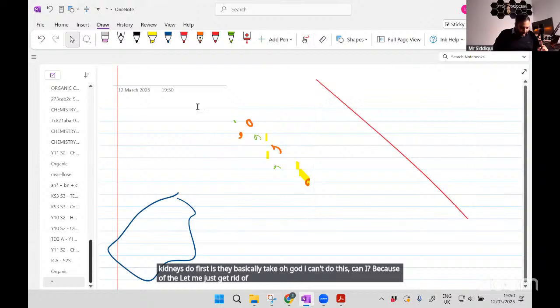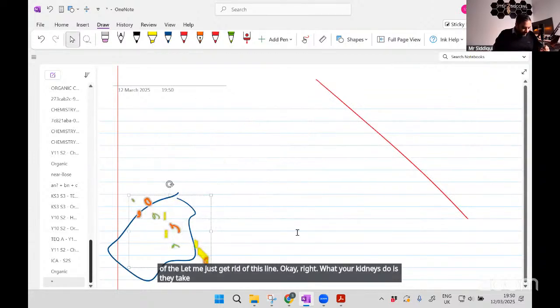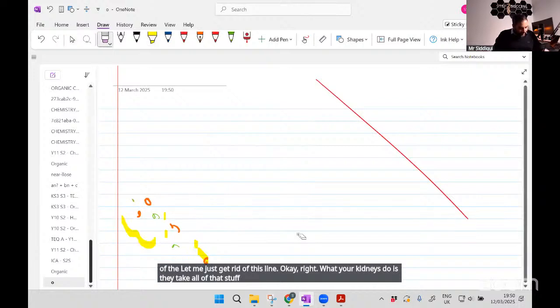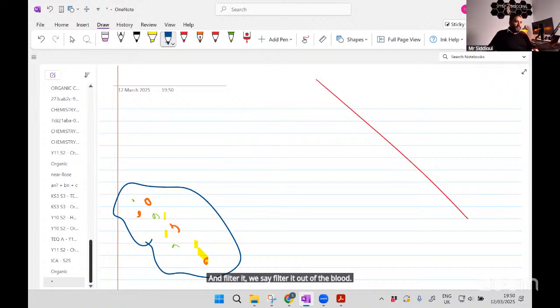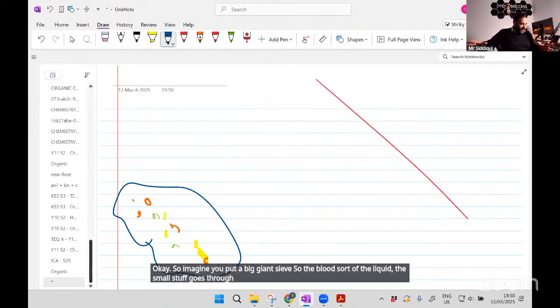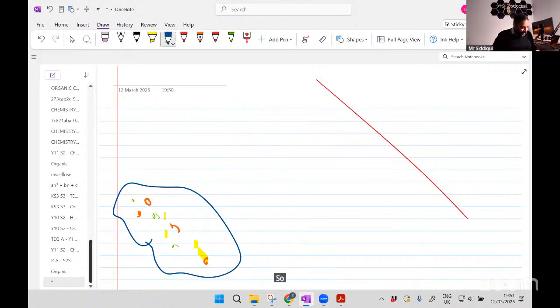Okay. Right. What your kidneys do is they take all of that stuff and filter it. We say filter it out of the blood. So imagine you put a big giant sieve there. So the blood, sort of the liquid, the small stuff goes through, and all the bigger stuff comes out into the kidneys, a bit like, literally filtration, right? That's what happens in filtration. So it gets filtered out, right? What they then do,